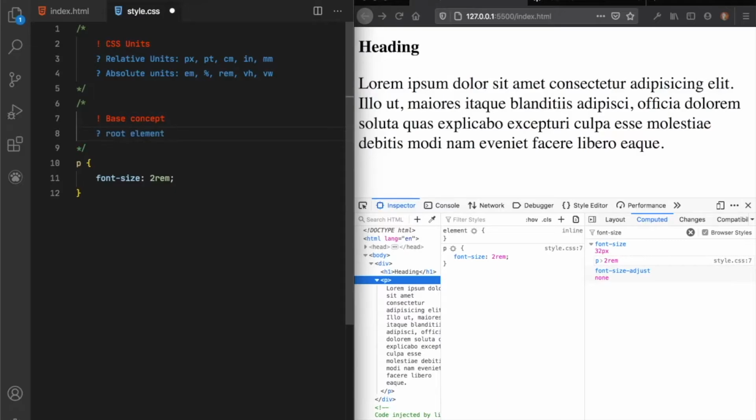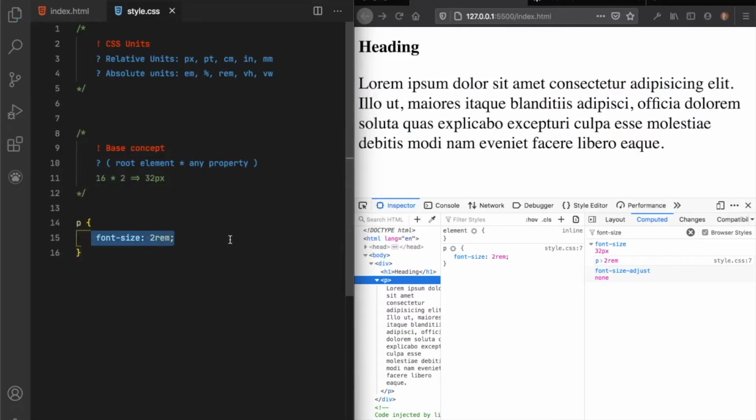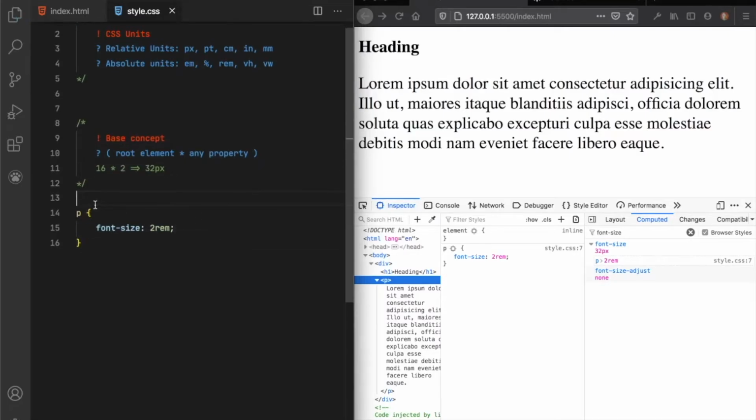Root element into any property. This is the base concept. And in this particular place, we are using a value of 2 rem, which is nothing but 16 into 2, which gives us 32 pixel. So the paragraph has a font size of 32 pixel, and you can even change that by selecting the HTML